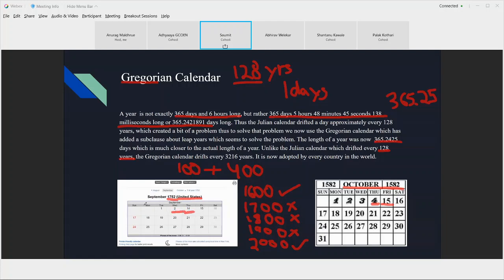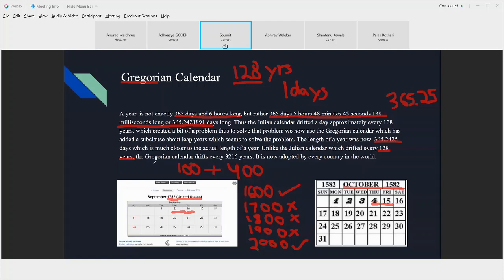So this was the reason why there are some drifts in those. This is how the calendar would have looked. And in some places, some people have two birth dates. There's a famous case of George Washington, who has two birthdays in his birth certificate. One is the Julian calendar date, one is the Gregorian calendar date.